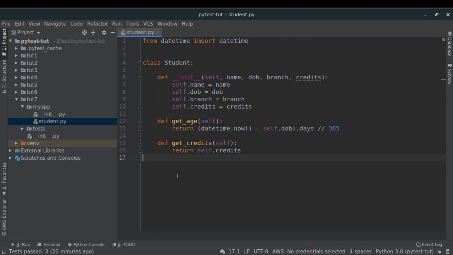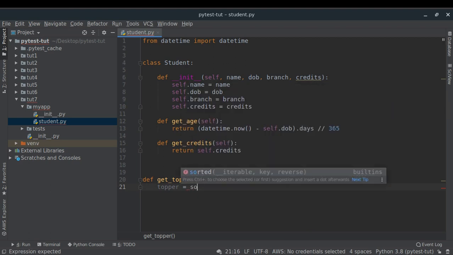Other than this student class, we also have a function which is called get topper. Get topper takes a list of students as input and returns the topper. The topper is determined by checking which person has the max credits. So topper is equal to, we will be using the max function.